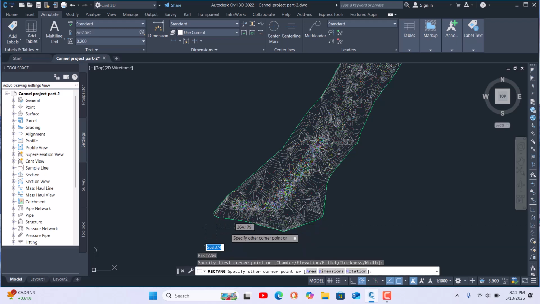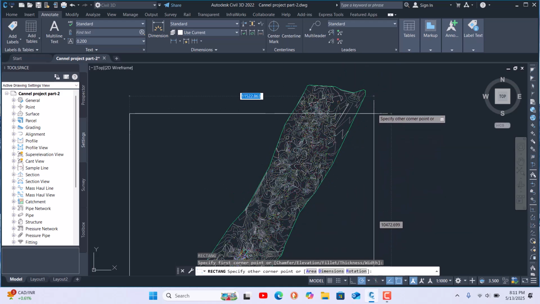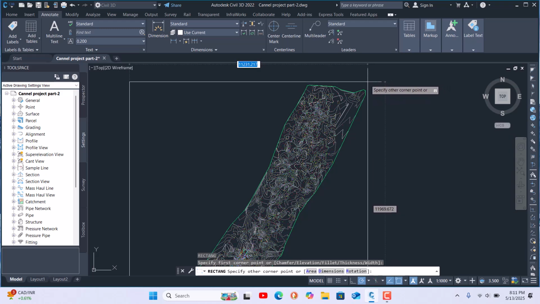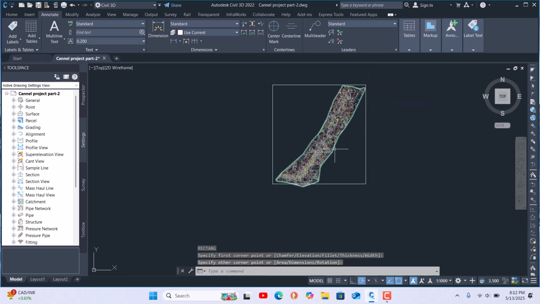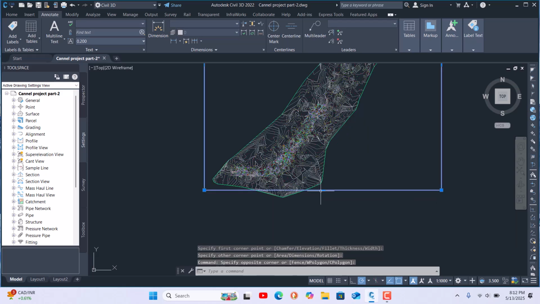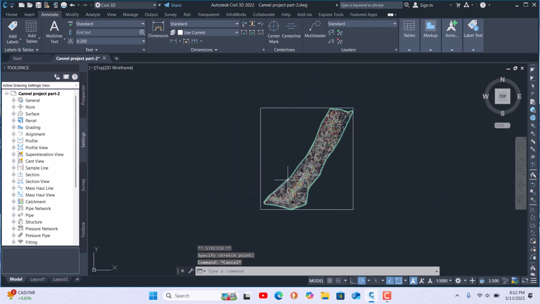Click once here and go to the upper area, fully covering our surface area. The downside is somehow out, so click the rectangle and scroll down, stretching here. Now our rectangle completely covers our surface area.